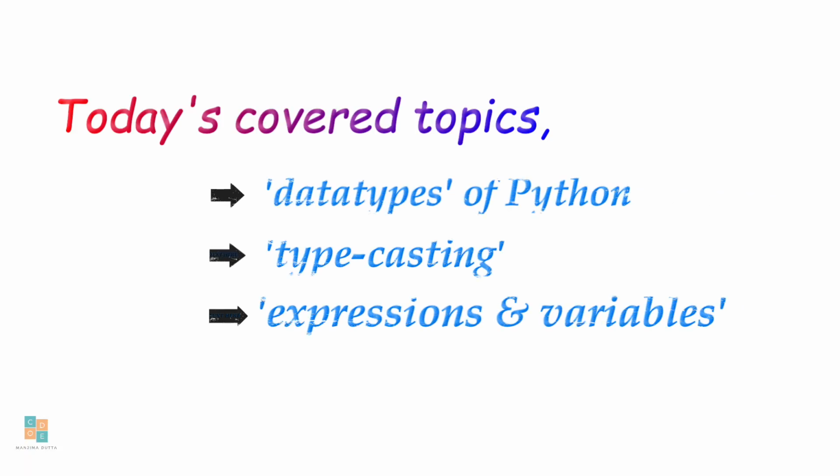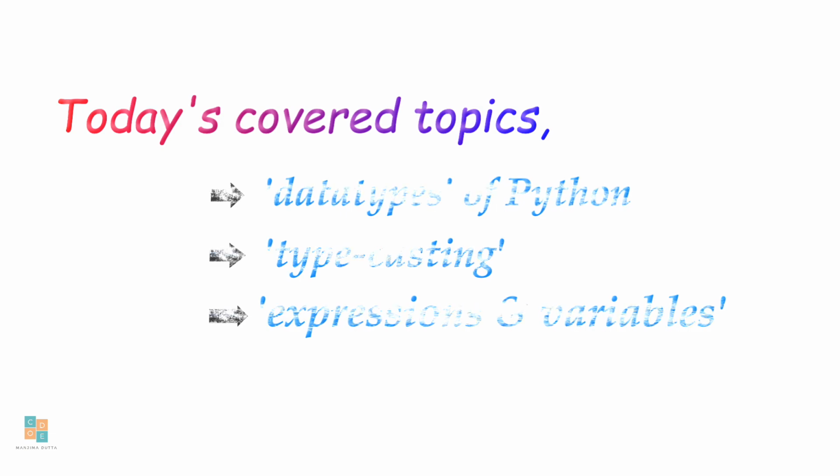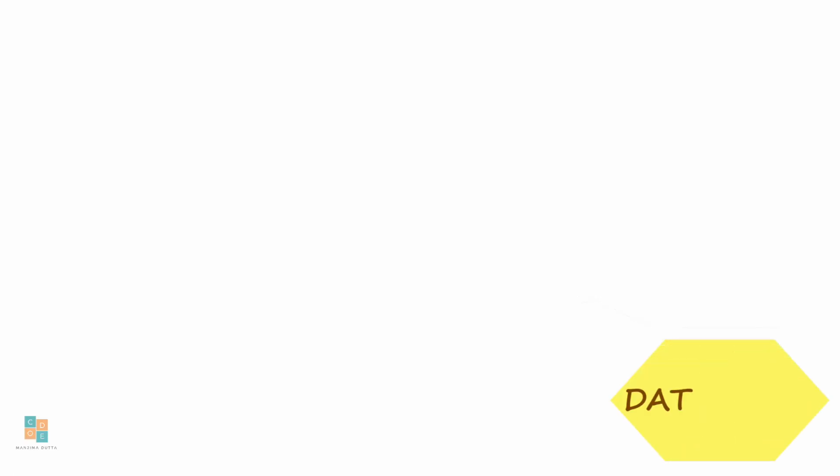So today I am going to cover these three topics in my second video. That is, what are the data types of Python and how to cast one data type to another one, and then what are the expressions and variables in Python. So let's get started. In Python there are 5 categories and 7 subcategories of data types, but 3 commonly and